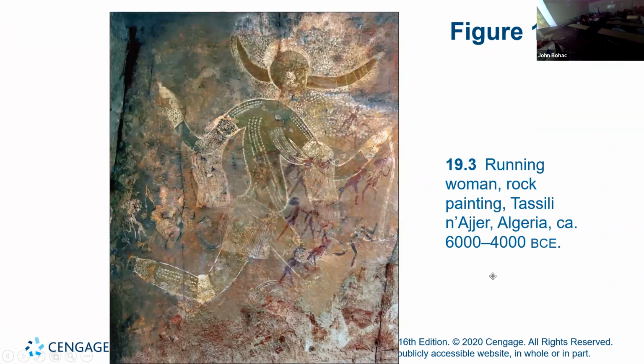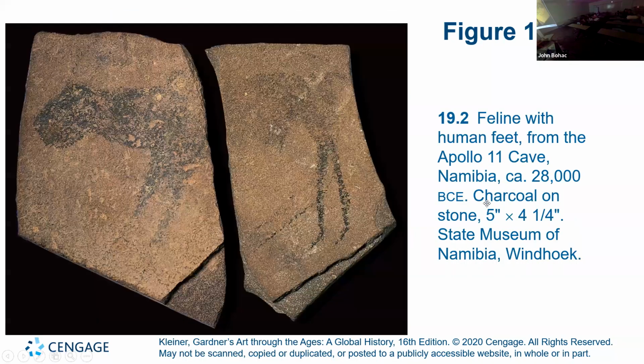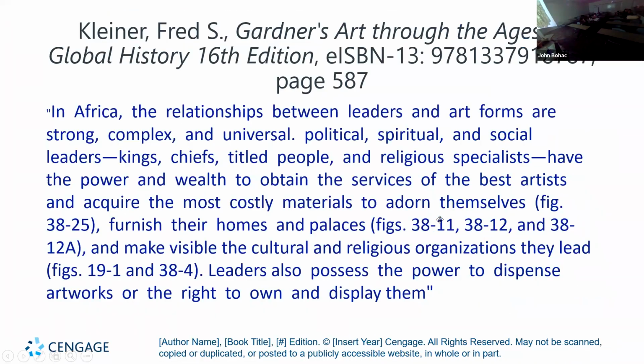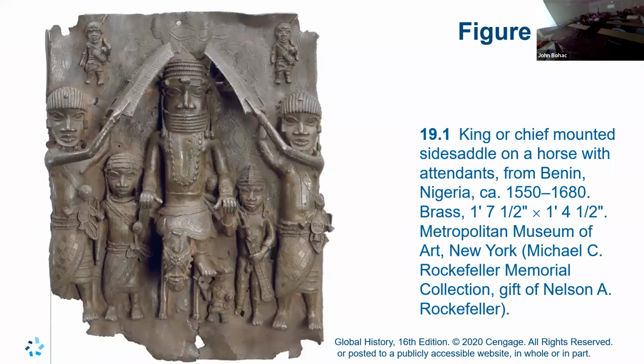And so North Africa, running woman, rock painting, Algeria. So we know art goes back thousands of years in various parts of Africa. And a lot of things very similar. Terracotta, paint, charcoal, brass, textiles. So anyway,